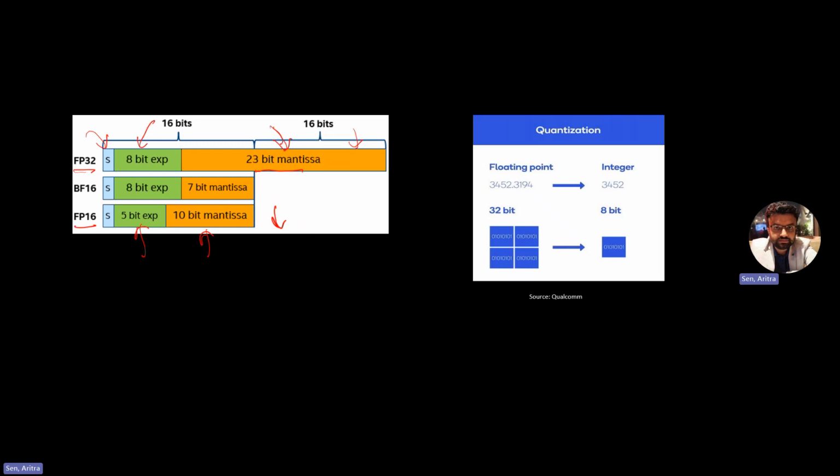And with quantization, if the weight is something like 3452.3194, and you do an 8-bit integer representation, all the floating point representation will be removed, and you will get an integer representation of the number. So you go from this to this, where we start with a 32-bit representation and go ahead with an 8-bit representation. It will give you some degradation in the model output performance, but